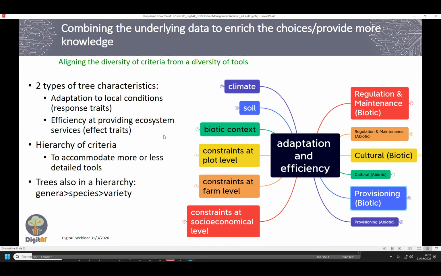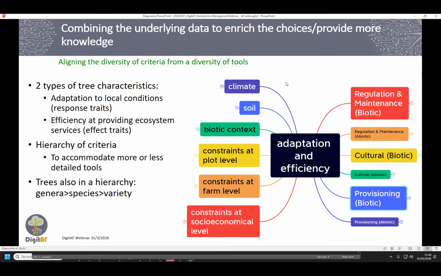And for the next objective, which is combining the underlying data to enrich the choices, we have put all the criteria from these existing tools into one common framework, where we have on one side the constraints: the site characteristics and constraints of the farm at different levels, plot, farm, or a larger socioeconomic level.